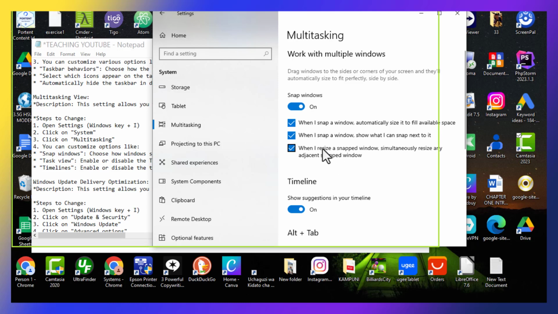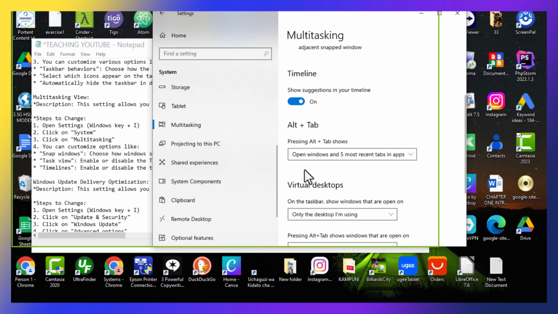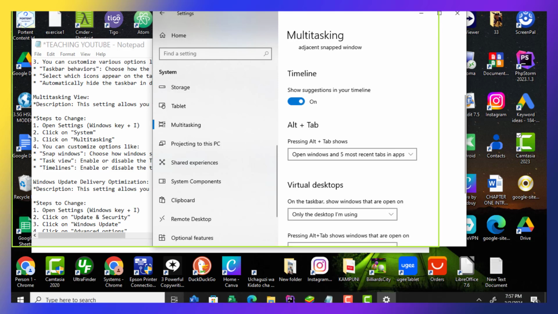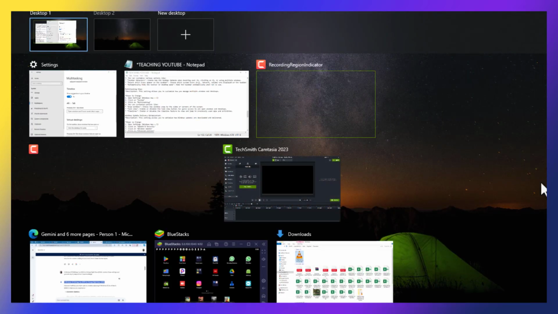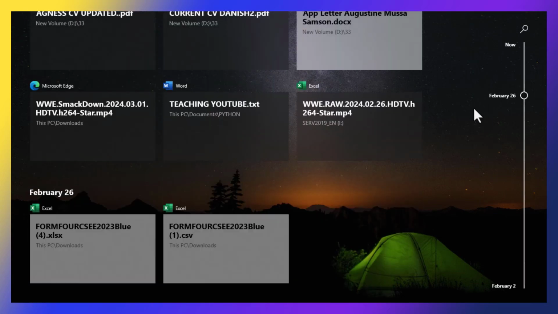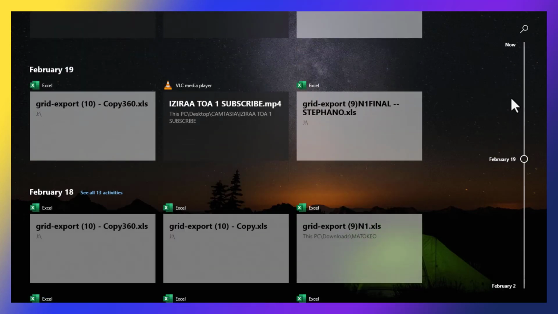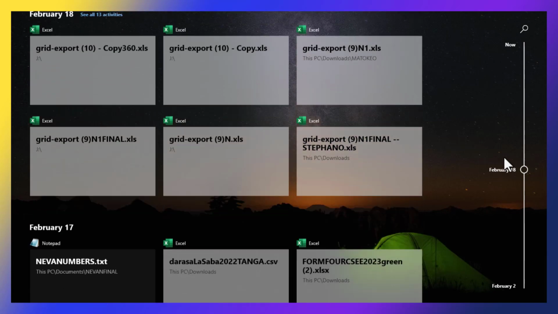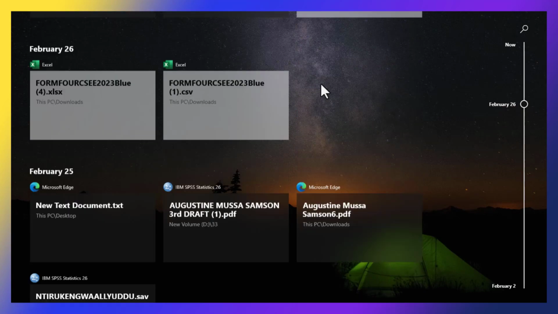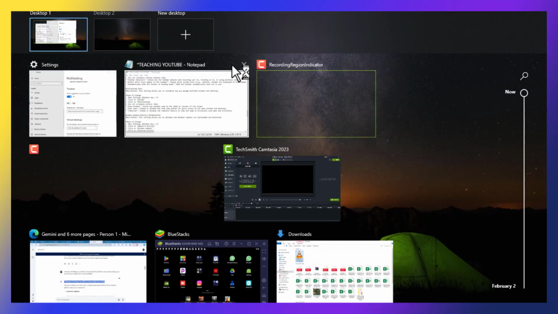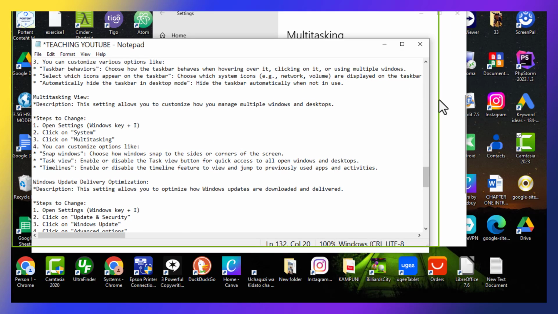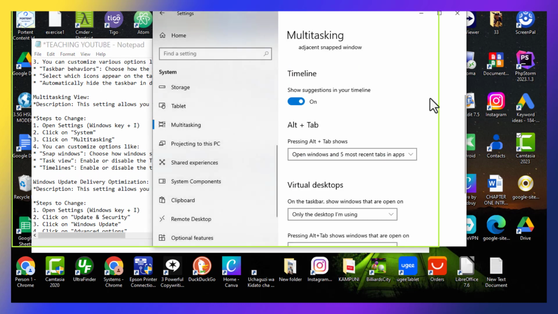Timeline, show suggestions in your timeline. If you have a timeline, show suggestions, it's on. As you can see, when I scroll, you can see the timeline here, and this suggestion is for February 19, and also this one here. This is the timeline suggestion. So also, inside multitasking we have